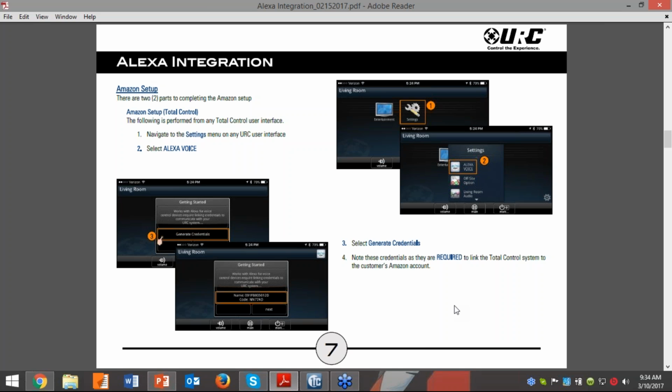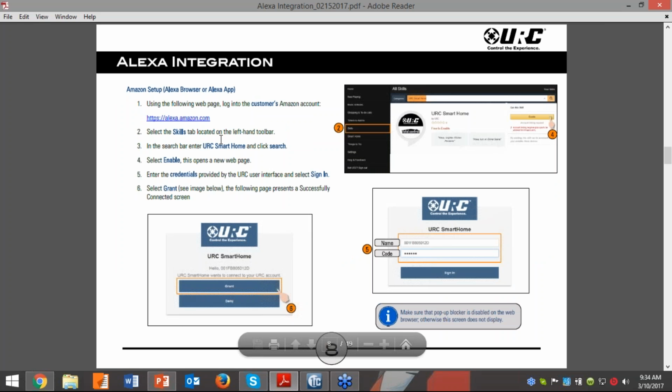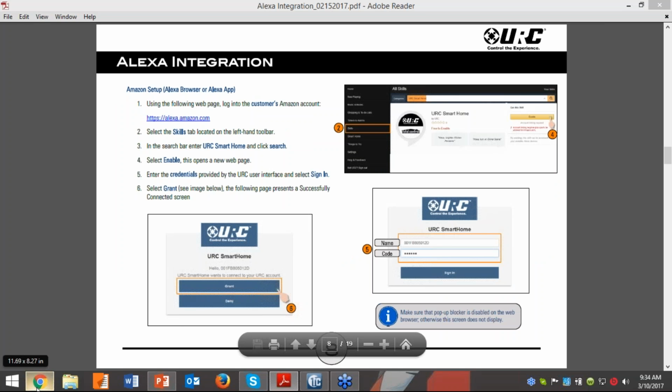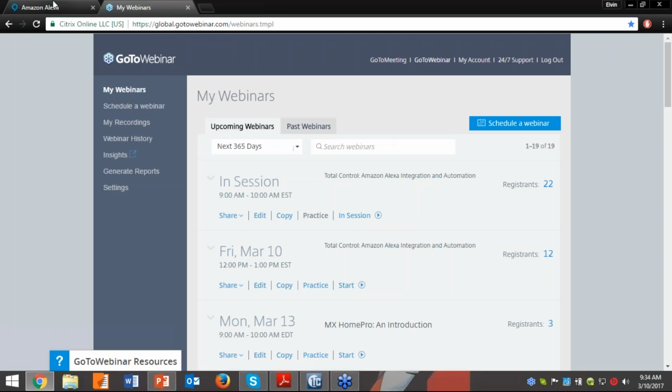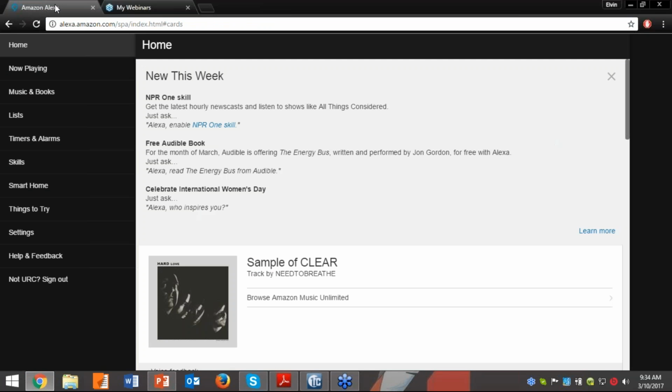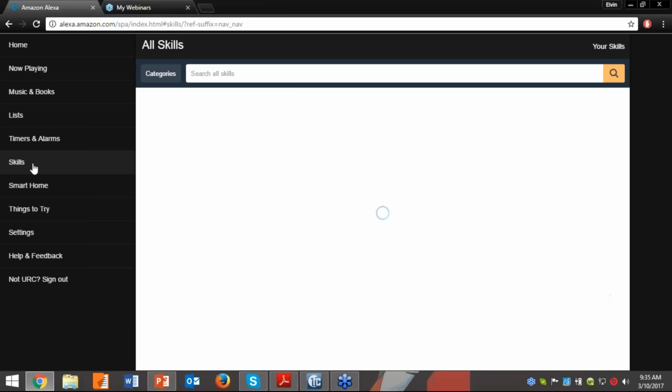And what you're going to do, either in the Alexa app or the Alexa web interface, is first add this skill. Just to show you that real quick, the Alexa portal looks very similar on the Alexa mobile application, whether it be iOS or Android. It has the same look and feel as this. You would go into skills,